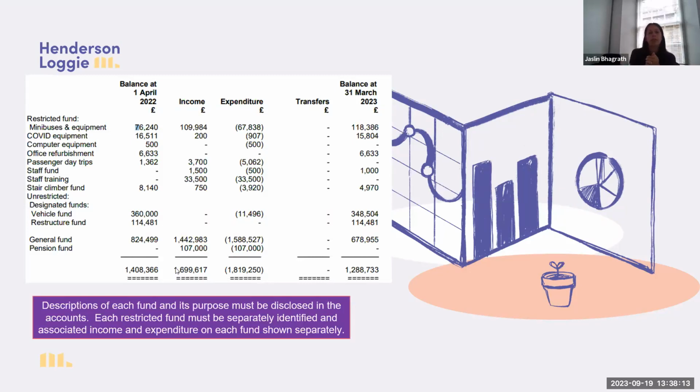So once you've got a restricted fund, you could have lots of them. In this example, we've got a charity who received money for minibuses and equipment specifically to be used for that. They also had another restricted fund for COVID equipment, and one for an office refurbishment. So there were several different funds there, and you have to track each fund